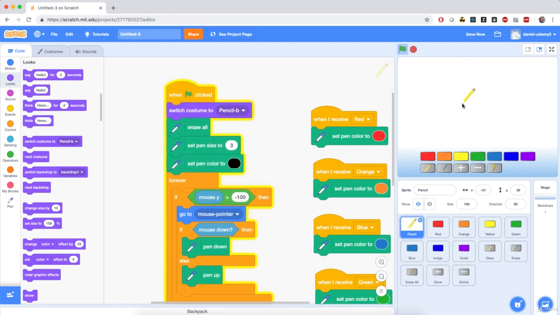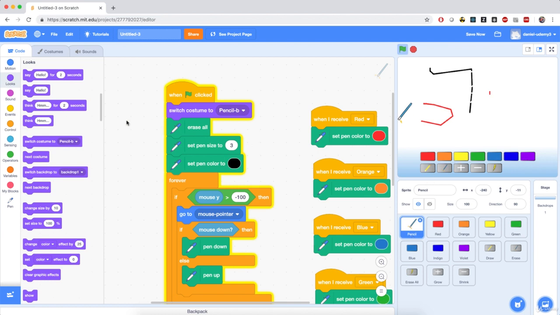So if I start this again, notice that the costume went back to pencil. If I hit the magic wand, it's able to delete. And if I hit one of the colors, well, this is wrong because we still have the magic wand costume, yet we can draw in a different color. So this is again wrong. We need to fix the pencil sprite to switch its costume back to pencil when we click either of the